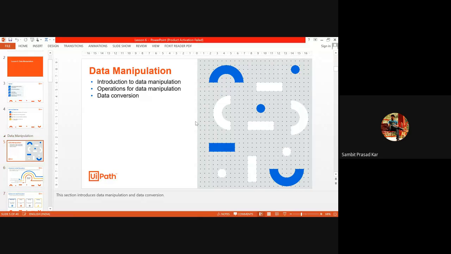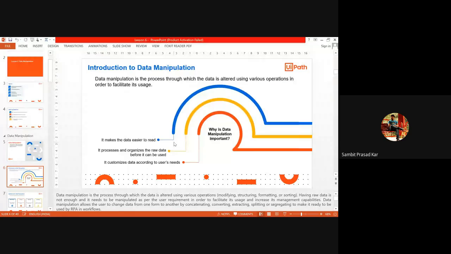Right, let me start directly from this. So data manipulation, what is it? It is a process where the data is altered to do various operations. If you remember in message box operations, when we were giving a number, it created an issue. So we have given something during our read range activity, if you remember, to string, right? Whether the variable we obtained from the website is numerical or string, we do not know. So for a safer operation, we used a to string conversion, so that we are able to easily show it in a message box without any harm. So that is one kind of data manipulation.